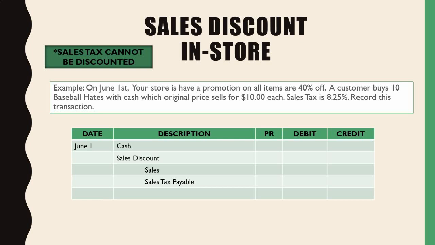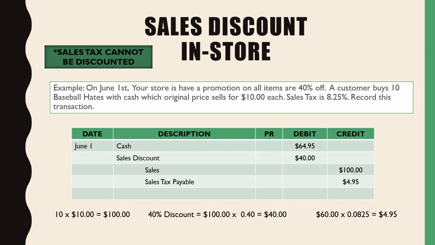So for instance, now that we know that we sold 10 hats at $10 each, that means my total sales was $100. I have to recognize what the total sales is, which in this case is the total original price. So my total sales is $100, and we know that our discount is 40%. So what is 40% of $100? That's a $40 discount. So therefore, you're going to put the $40 right here